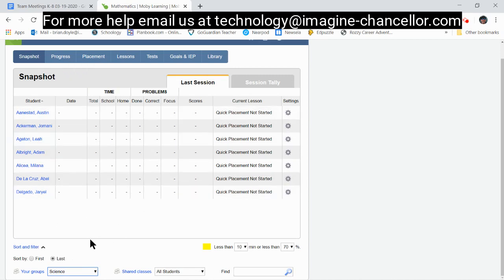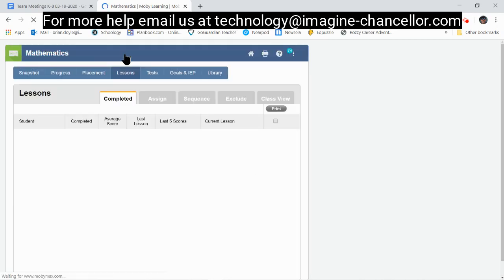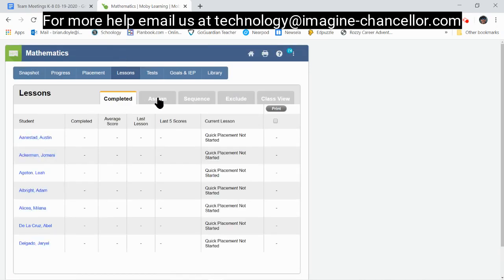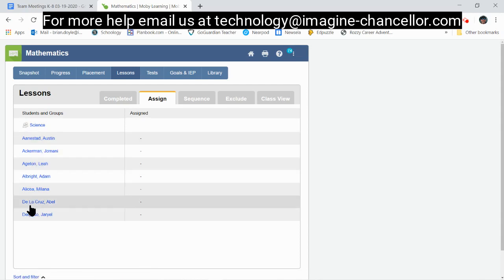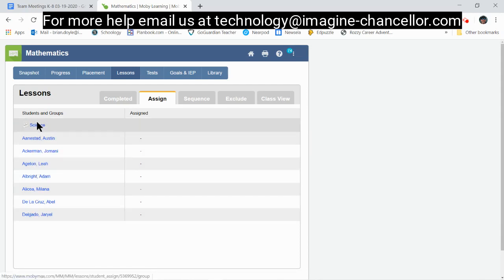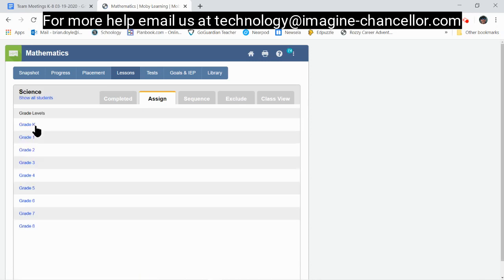Once I'm here, now I want to go to lessons. I'm going to go to lessons, and then I'm going to click the assign tab. So once I go to lessons, I click assign, and as soon as I do that, that gives me the option to choose the entire class that I'm looking at again. And unless you want to assign individual work, you could choose a specific student. But if we're assigning for the entire class, we want to choose that. And we're going to say that I'm going for 7th grade